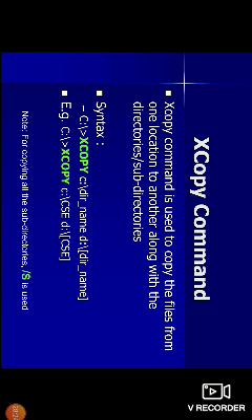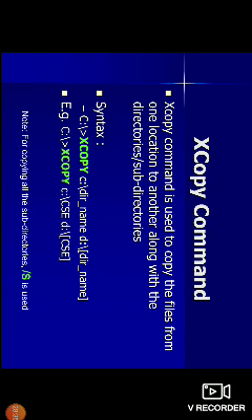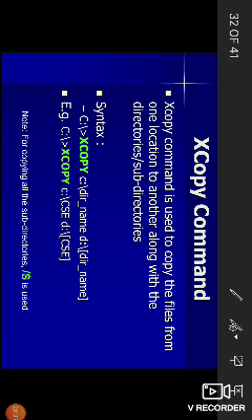So example: C colon slash greater than, this is the command prompt. Here I am typing xcopy space C colon slash CSE space d colon slash in square brackets DCSE close square brackets and pressing the enter key.